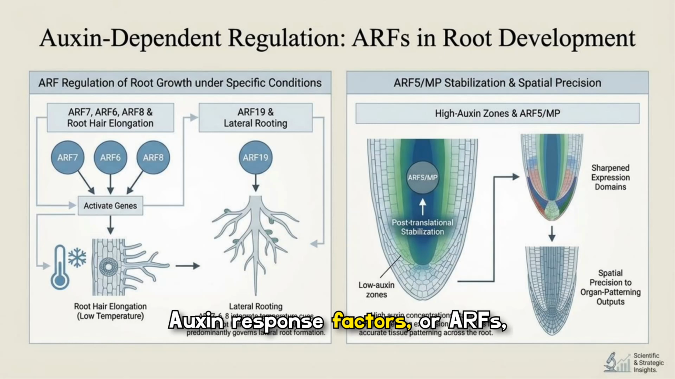Auxin response factors, or ARFs, tailor gene activation to environmental and developmental cues in roots. The left diagram links specific ARFs to root hair elongation and lateral rooting under particular conditions, while the right panel shows how ARF5/MP stabilization in high auxin zones sharpens expression domains, giving precise spatial control over tissue patterning and organ-level